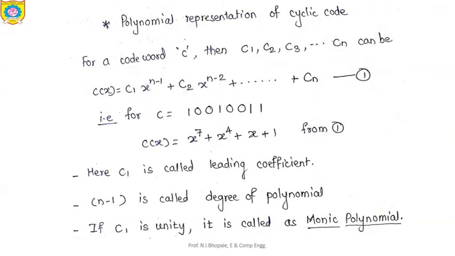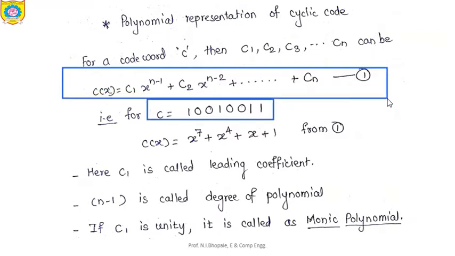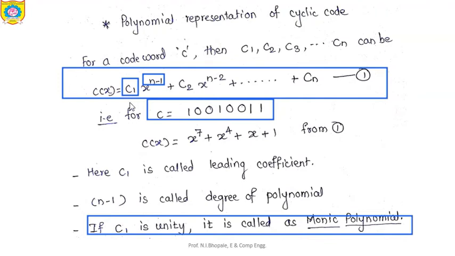Now let's proceed to test some of the other aspects. If I have the code word available with me and I want to represent this code in terms of a polynomial, then in short, C of x is equal to C1 x raised to n minus 1, where this n minus 1 represents the degree of this polynomial. Similarly, when C1 has the value 1, we represent it as a monic polynomial, which normally has the leading coefficient 1 itself.